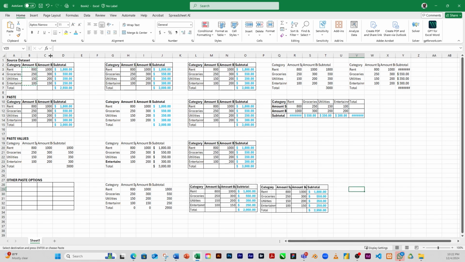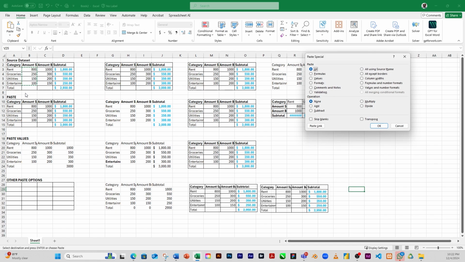Paste special. This is paste special. If I click, it will bring up a dialog box, right? All these ones that are here are the ones we've talked about, using source theme and all that, right? We've talked about pasting as formulas, values, and so on. The only ones we've not talked about are these two, and we can't talk about them right now because